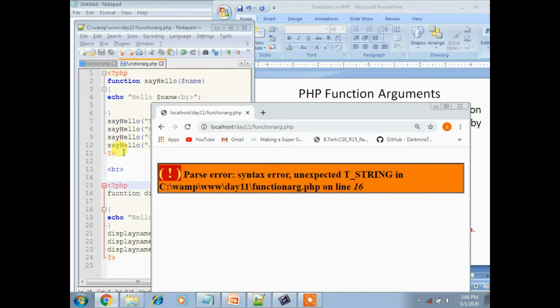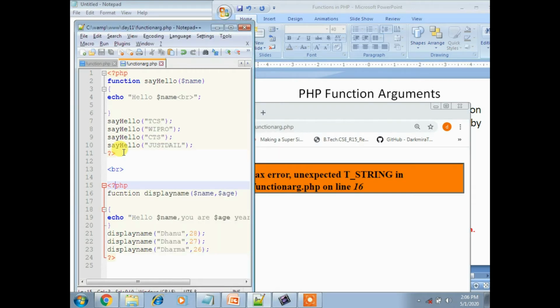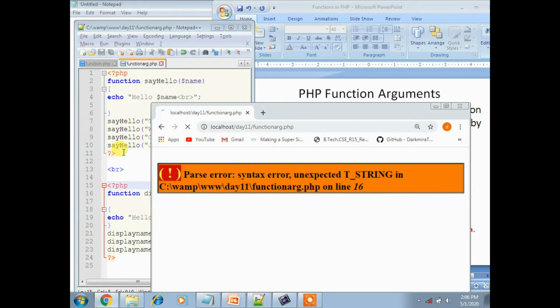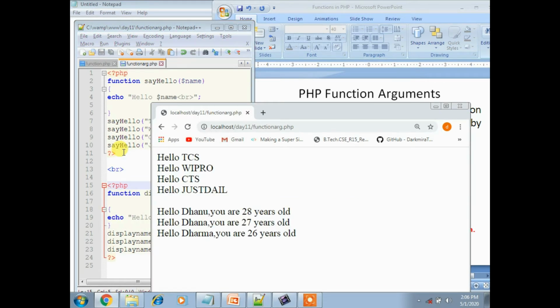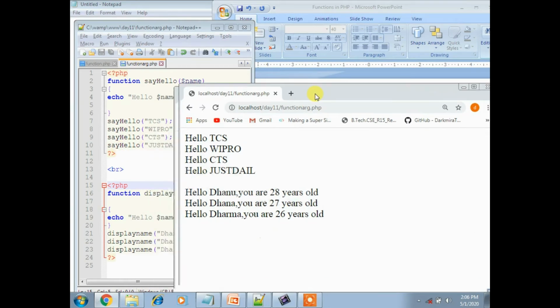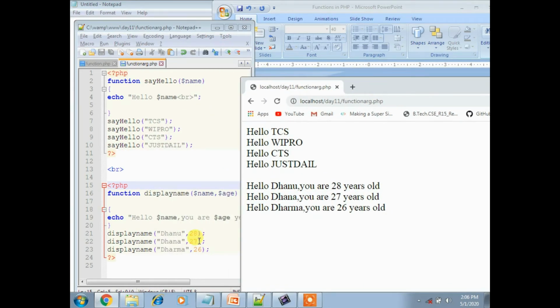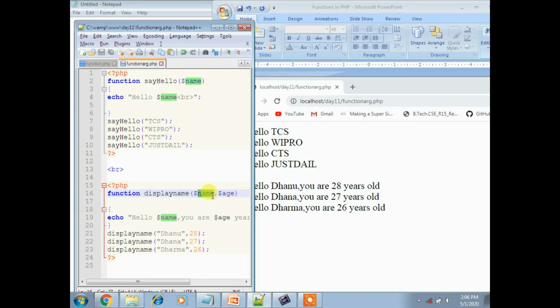So it is displaying an error at line 16. For the function name we have to use the keyword function. That's it, and that's perfect. Now yes, it displayed. Here we inserted one variable, that is name, and another variable, that is age. These two variables are inserted inside the function as parameters.